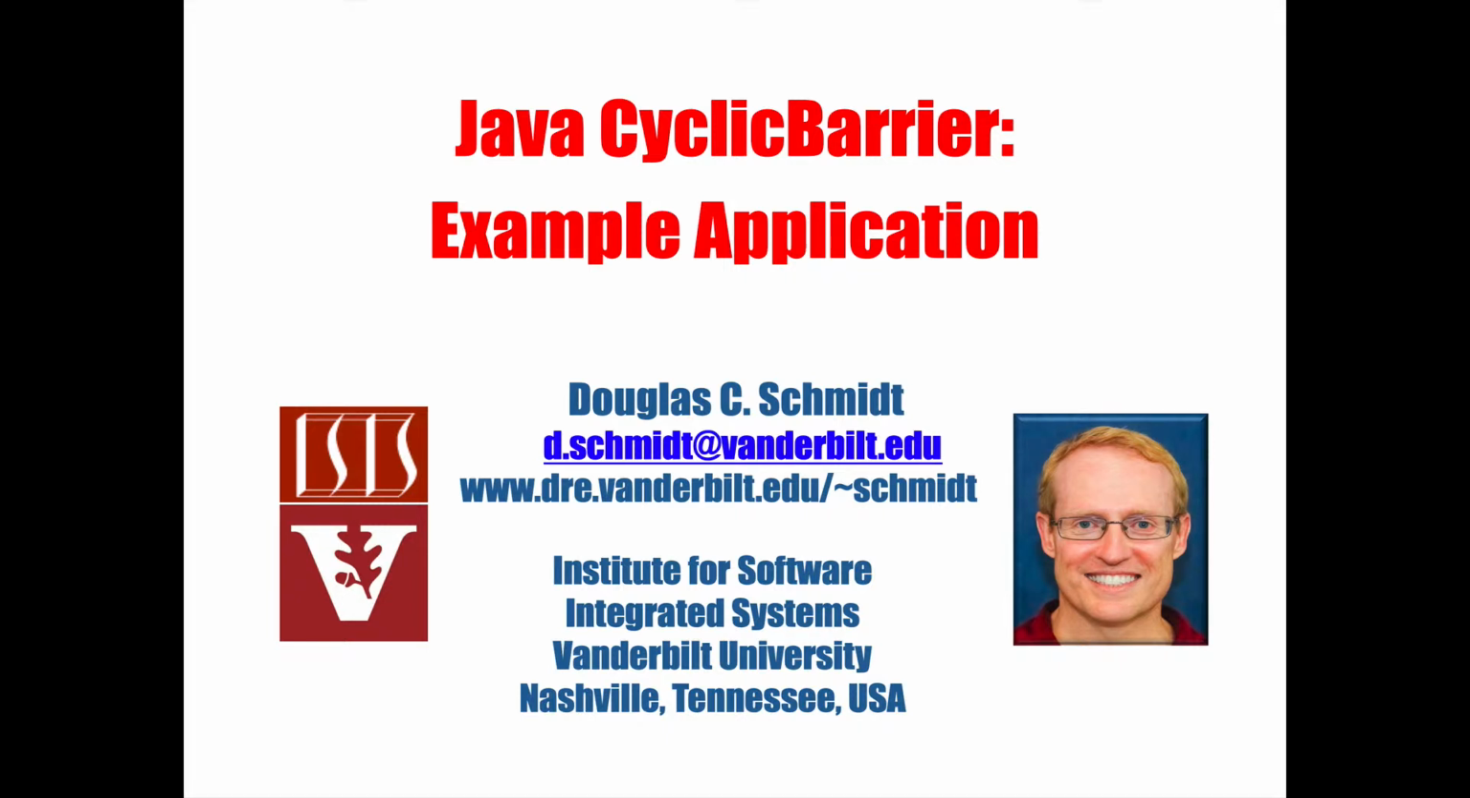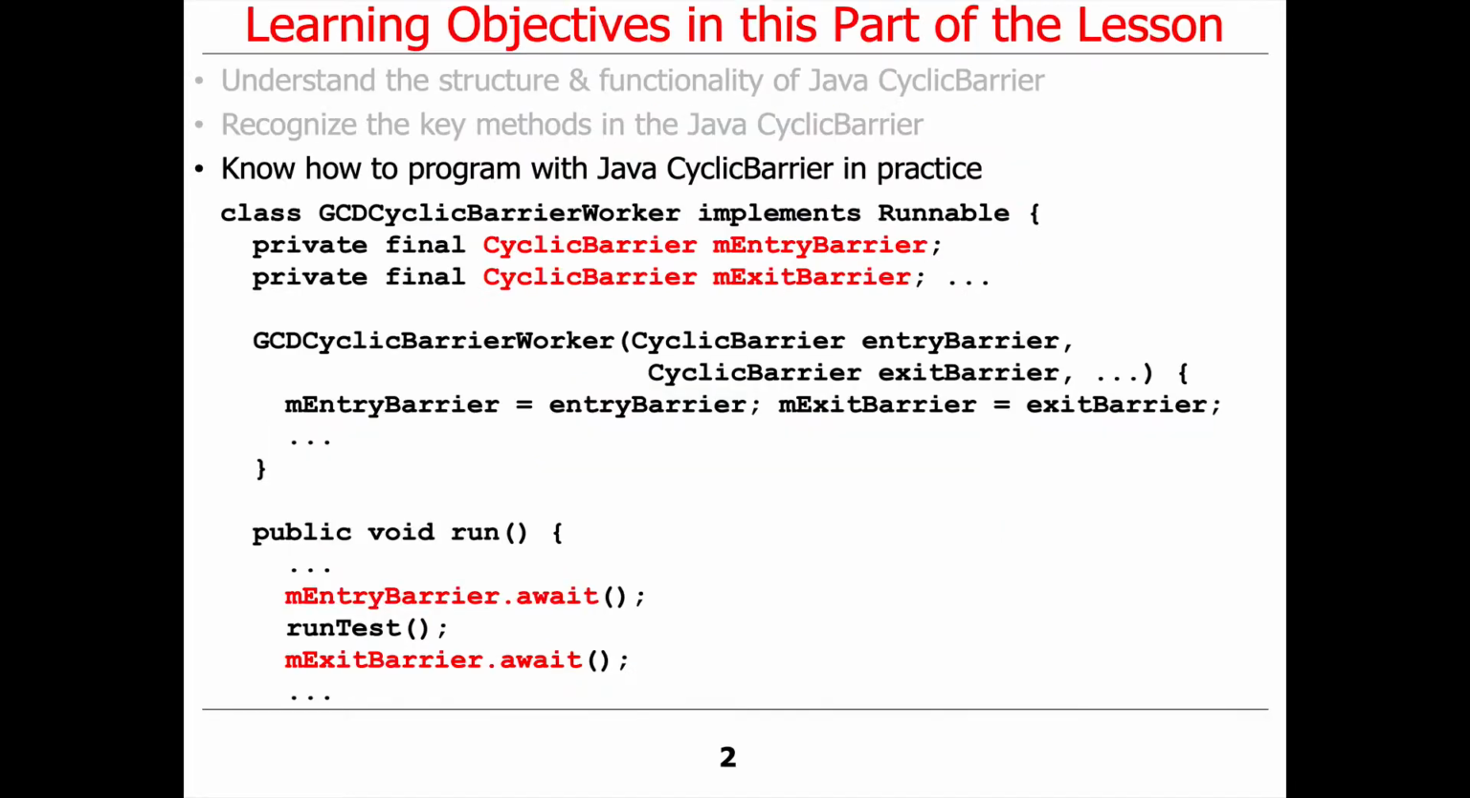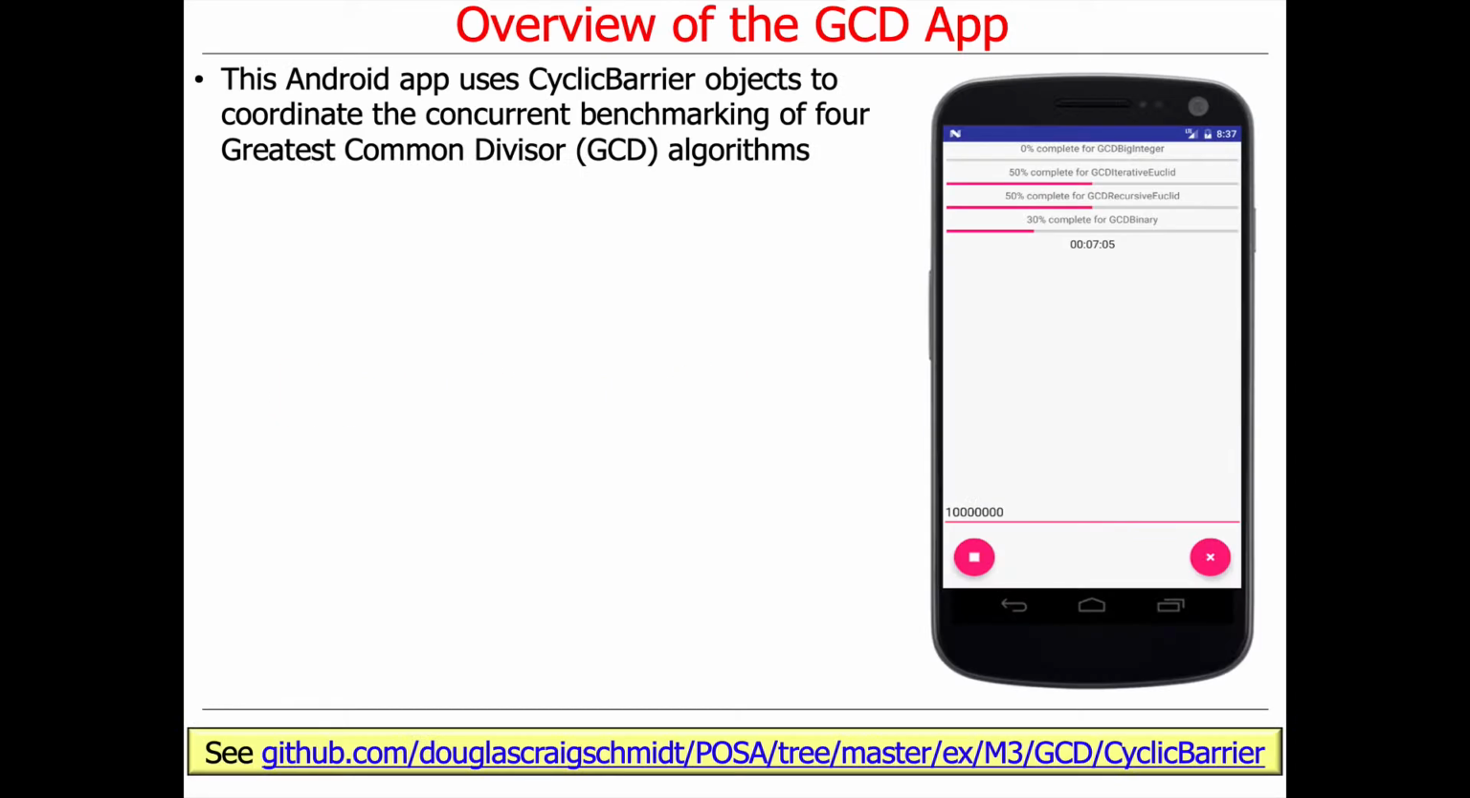Now that we've described the structure, functionality, and key methods of the Java cyclic barrier, let's go ahead and take a look at an example application. This application will show how to program with Java cyclic barrier in practice. The app we're going to use is a variant of the Android app we talked about for the countdown latch implementation, except this version uses cyclic barrier objects to coordinate the concurrent benchmarking of 4 greatest common divisor, or GCD